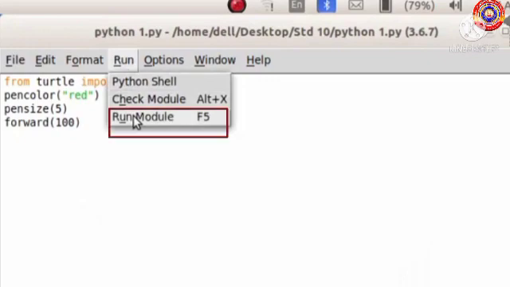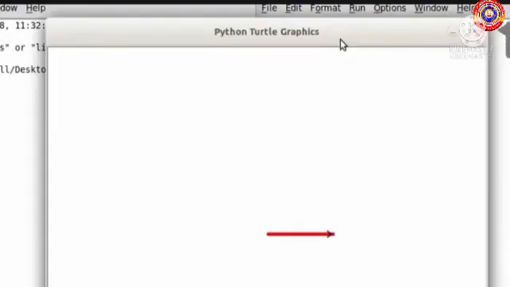Note that the shortcut key for Run Module is F5. See, a line segment appears. So the use of the forward command is moving the turtle to the right direction. That is how we got a line segment.